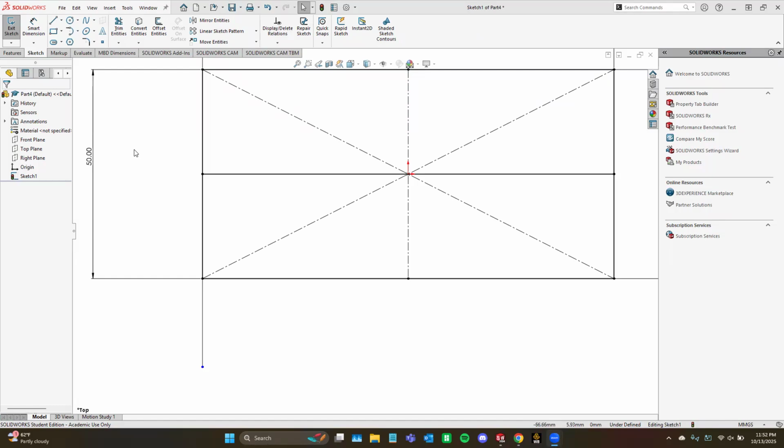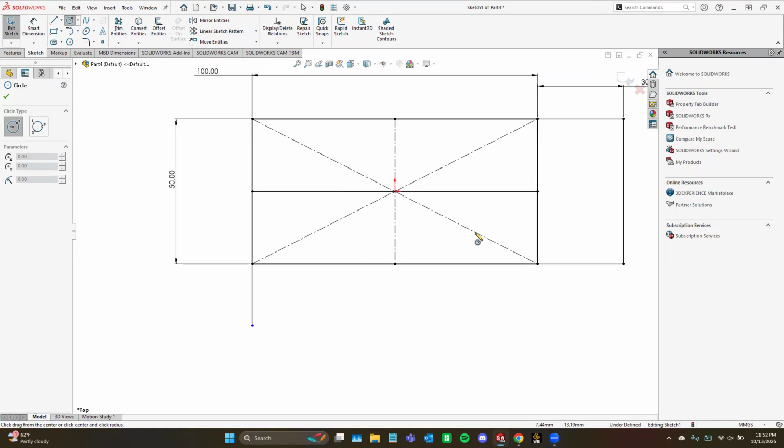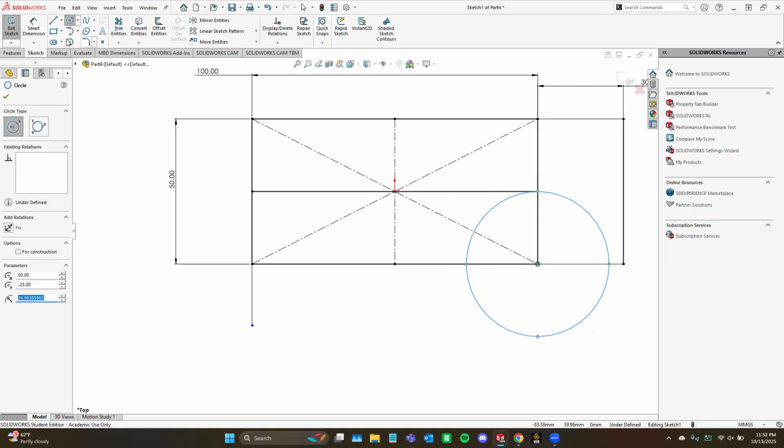Let's go a little faster now. We're going to go to circles. Two types of circles you can draw. You can draw a center point circle, pick where you want the center of the circle to be. You can either snap the perimeter to a certain point or an edge, but you can also just put it wherever and dimension the circle. You can see here how